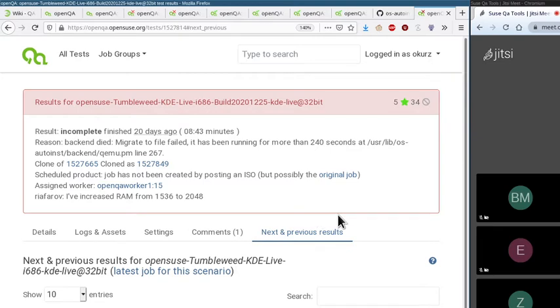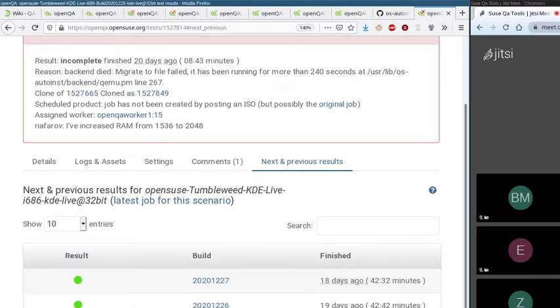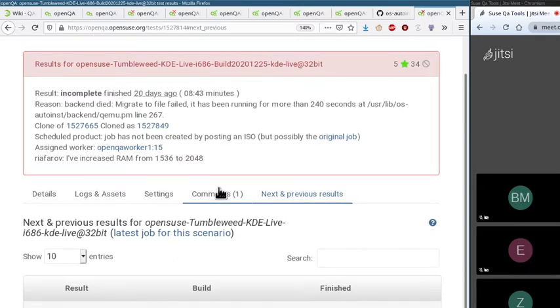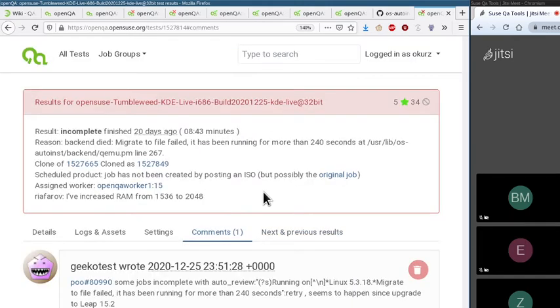If we take a look into the history, then we see that reflected: this incompleted, and it was reproducing sometimes on the same machine, and then suddenly in the same build it's passing again, but trust me, it's not really fixed. Okay, so what happens here? The job incompletes, and then this triggers auto-review. And then what auto-review does is, again, a bot is looking into progress.opensuse.org for all tickets with a special